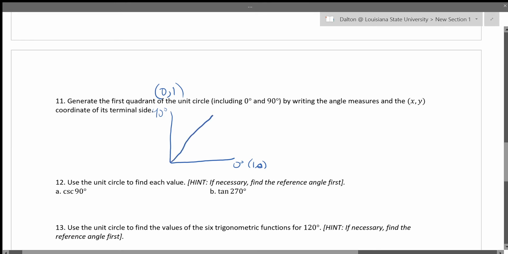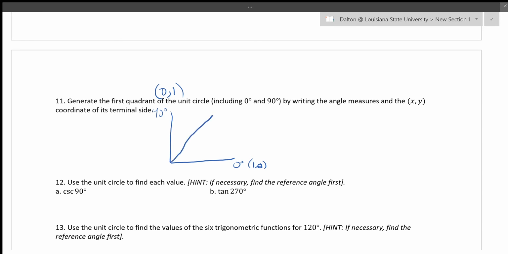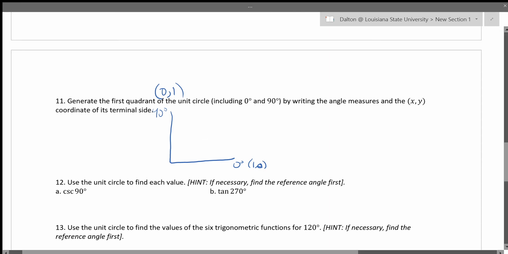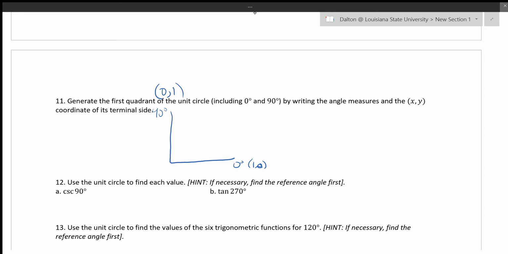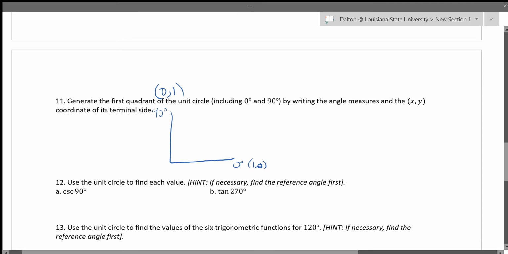Lovely line. Let me see if I can make that better. Okay, it's a little bit better. If that's 45 degrees,